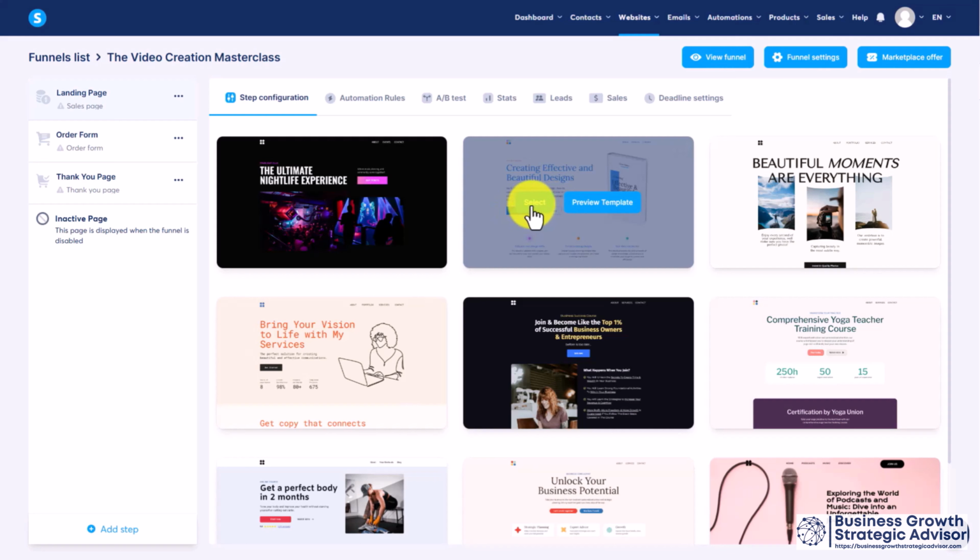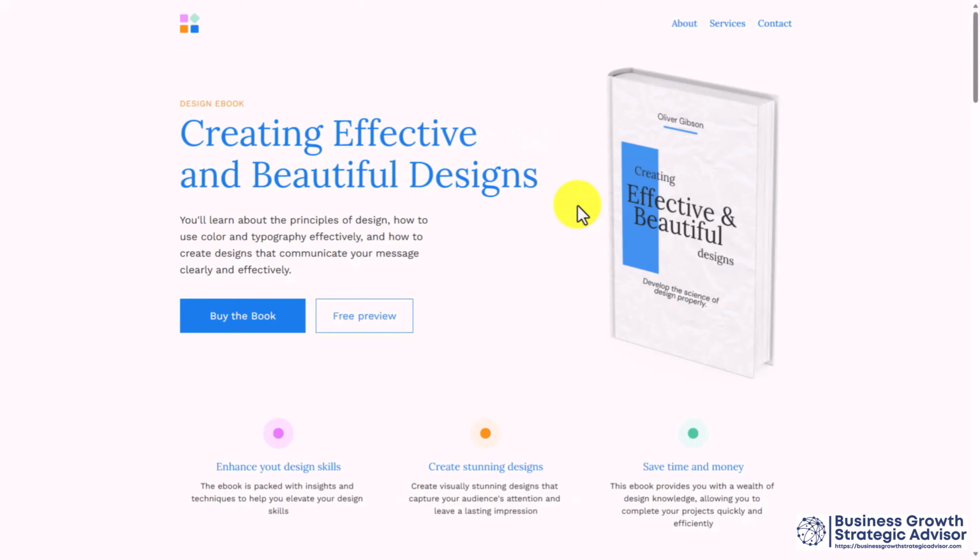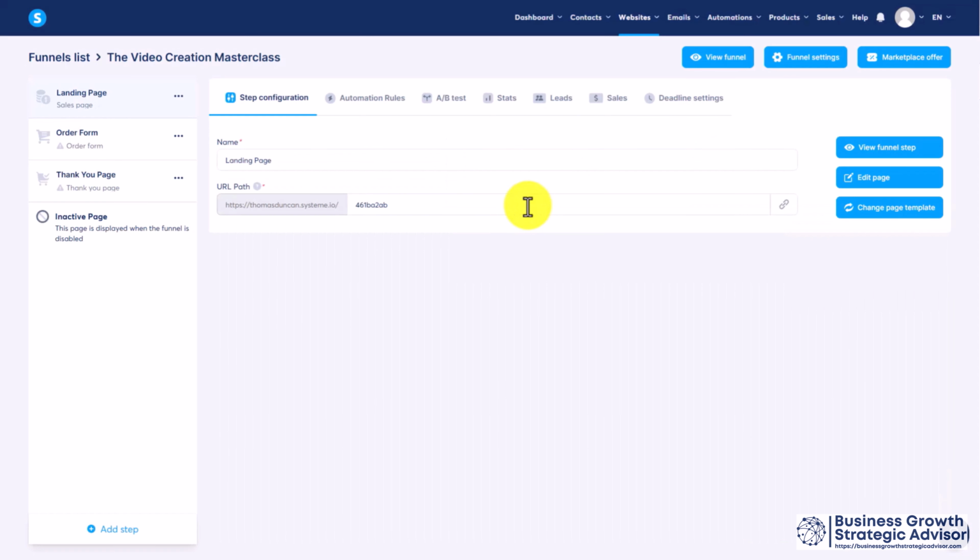So we're not going to spend a lot of time looking at templates. We just want to make sure that there's a button there. So we'll click this. We can choose this one because it has a buy button here. So we're going to select this one, and we're going to stop the process here, and we're going to pick it up from the point of customizing this